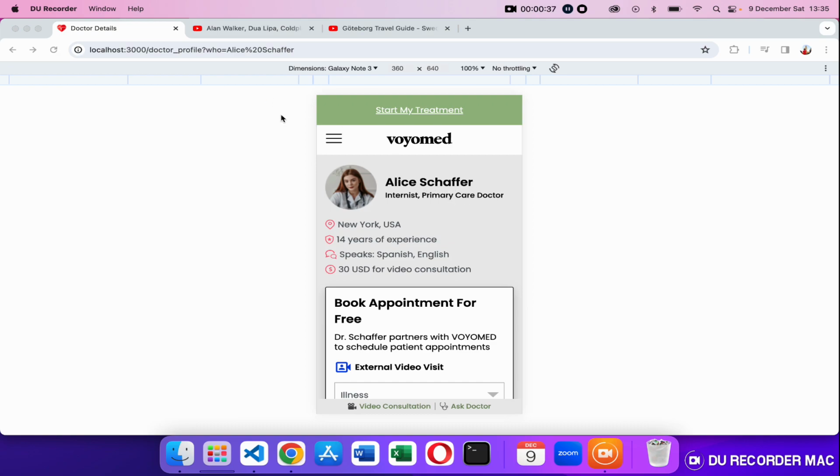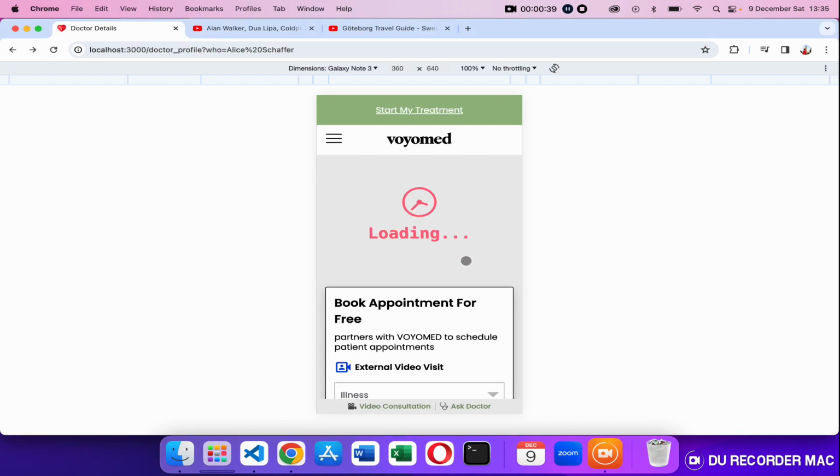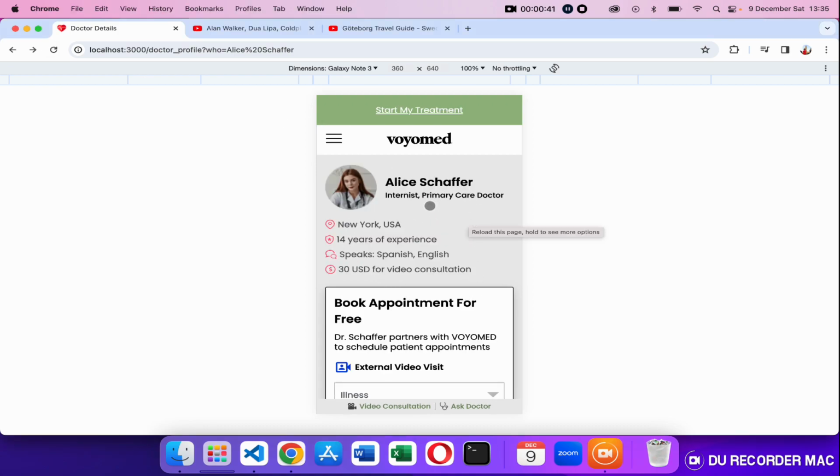To show you how it works, I will simply refresh the page. As you can see, we have a quick loading animation. I'll just show it again. Loading animation, and as soon as we receive the doctor's details from the database, we populate this doctor profile with